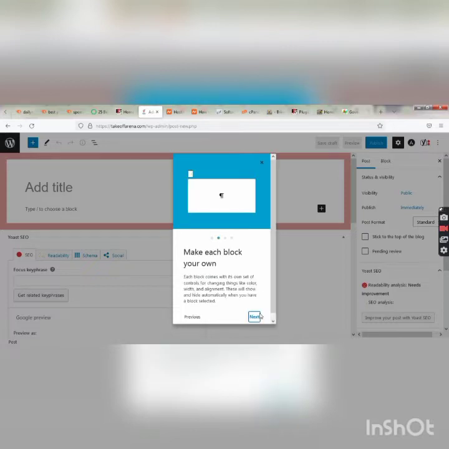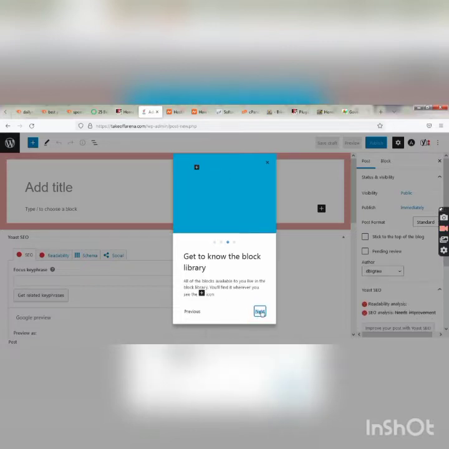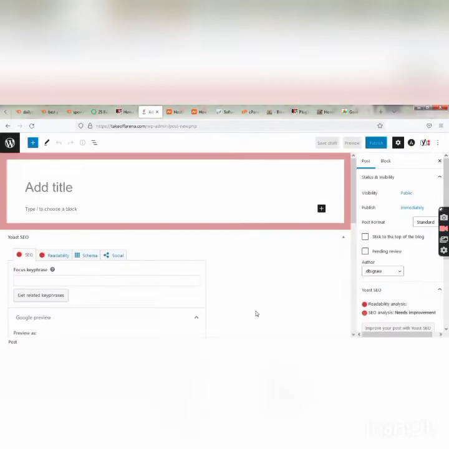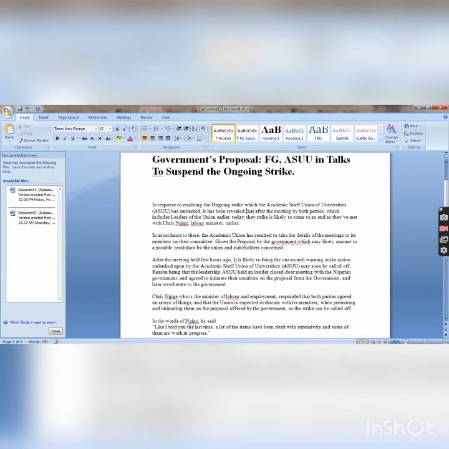Now if this is your first time, this pop-up will appear. Just keep clicking it till it disappears. Now all you need to do is to source for where you stored the information you want to make a post with, either on Microsoft or in Notes. If it is your phone, anywhere you can get it, or you can type it in by yourself, but in my case, I have already written a post in my Microsoft,